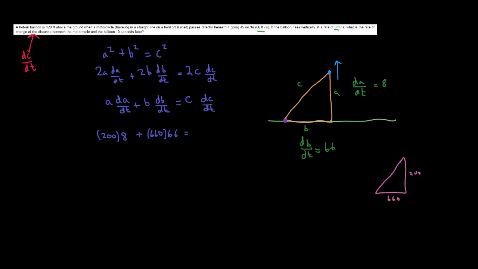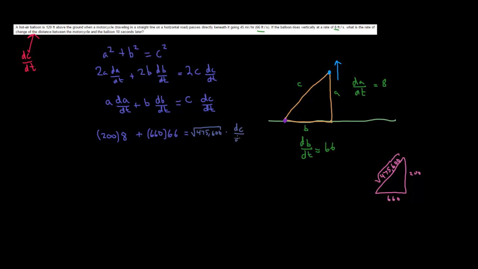Okay, we have 660 squared plus 200 squared. Now I doubt that's a perfect square. No, it's not. So I'm going to leave it in square root form. It's 475,600. Okay, so that is what C equals in this specific case. So we have the square root of 475,600